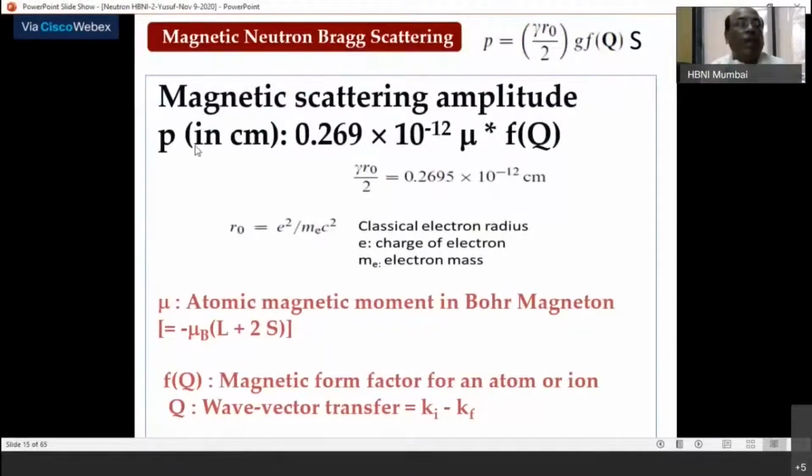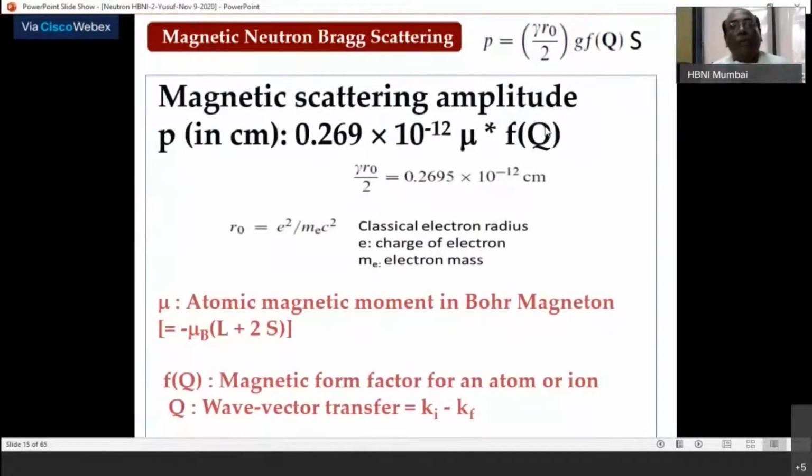So now you see, that means in the magnetic scattering amplitude, this is the expression here: total spin, form factor, Landé factor, and the prefactor, which is known as the classical electron radius, e squared by m_e c squared, where e is the charge of the electron, m is the electron mass, and so on. But if you put all those values, it comes to 0.269 times 10 to the minus 12 in centimeter units. You are left with only the moment value which you want to measure, multiplied by the form factor due to this magnetic shell.